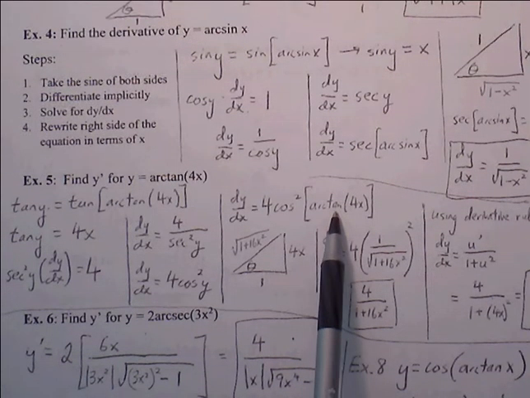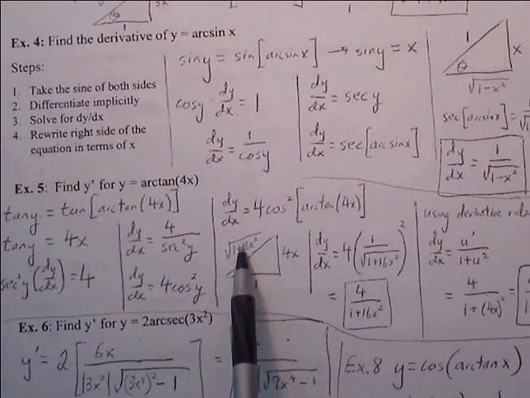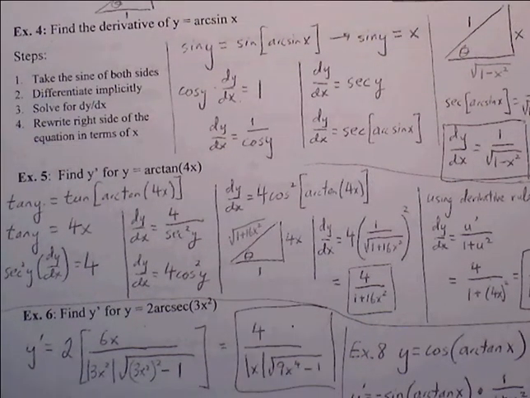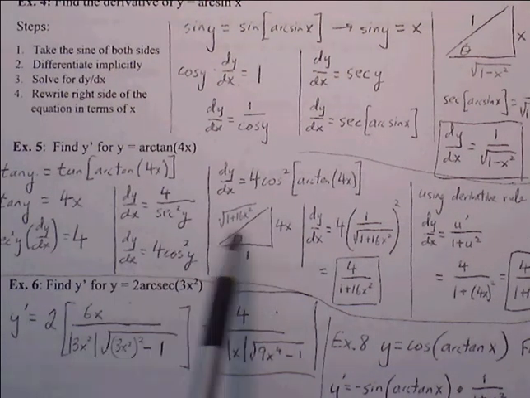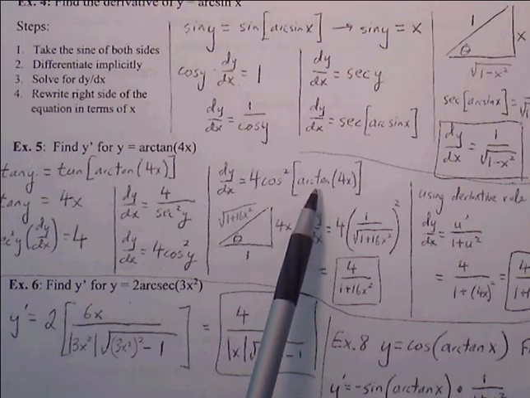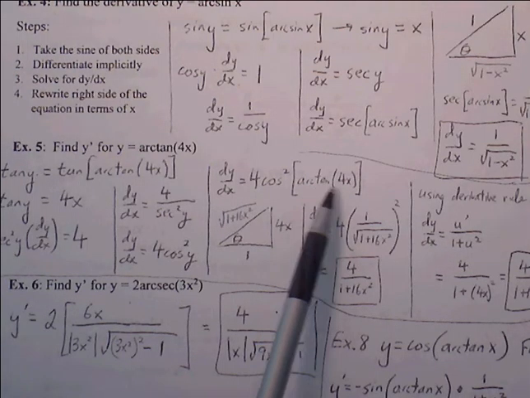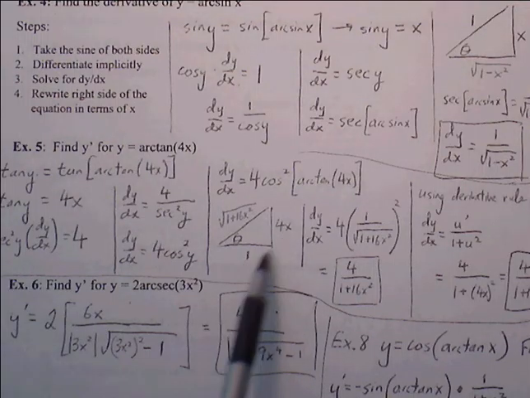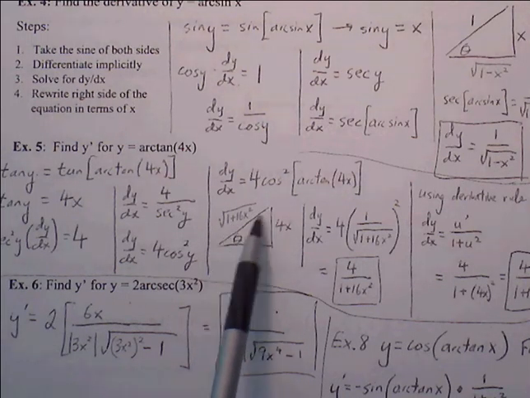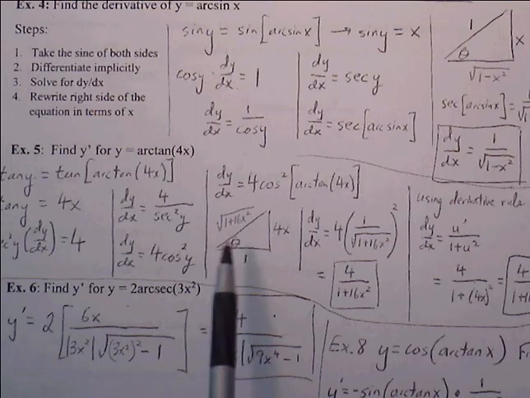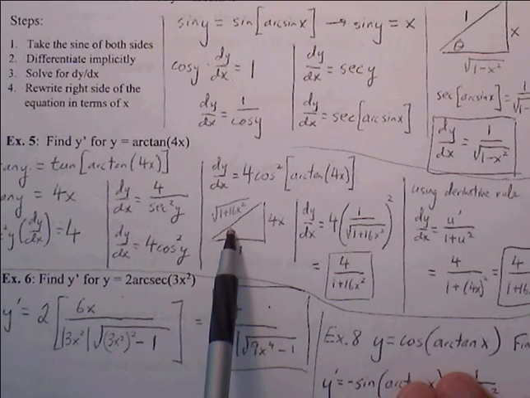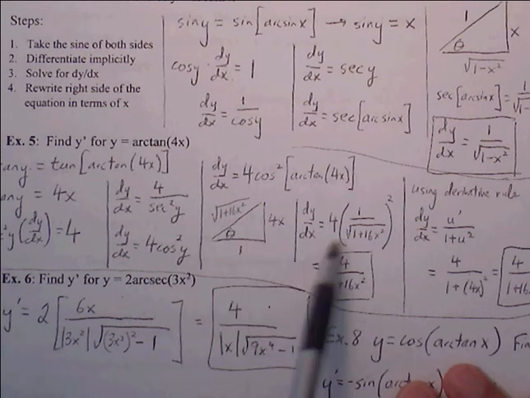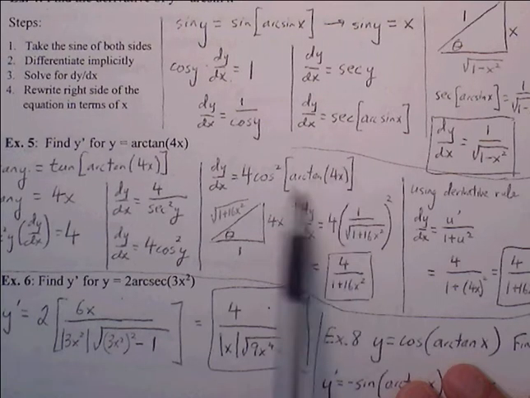Let's figure out what arctangent of 4x is on the right triangle. So if we have theta, arctangent of 4x, same thing as tangent of theta is equal to 4x over 1. So 4x over 1 is opposite over adjacent. So opposite over adjacent, we can figure out by the Pythagorean theorem what the hypotenuse is. In this case, square root of 1 plus 16x squared. So now we're replacing this expression with